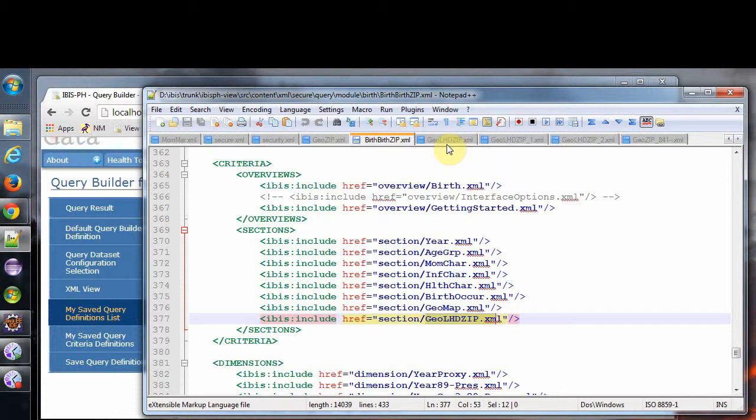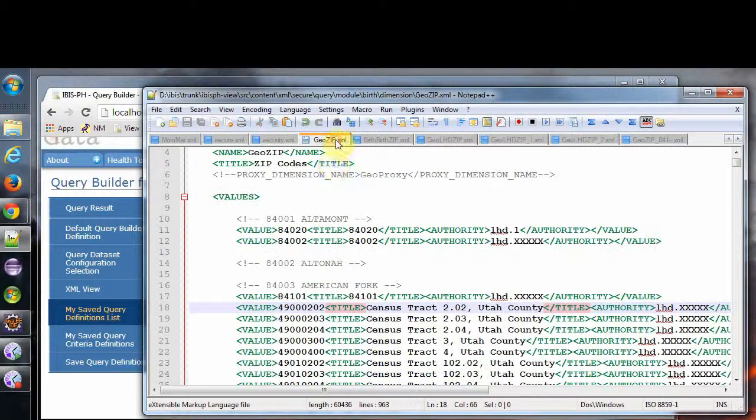Now, maybe what would make sense is to split out the GeoZip file into a series of GeoZip file dimensions, and then you reference those dimensions using the dimension underscore name element within the section. That would certainly be a much easier way to do this, and it would make it so you could secure all of these selections. So I just wanted to point out that the reason that we weren't seeing what